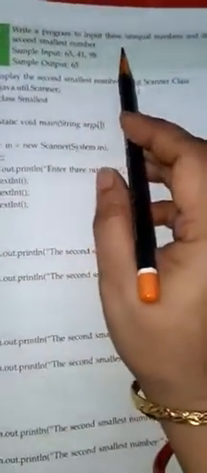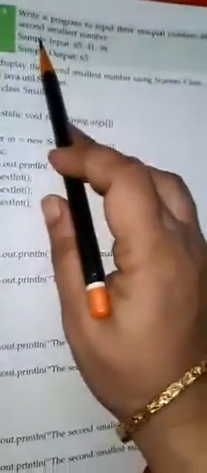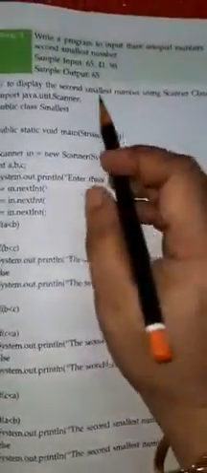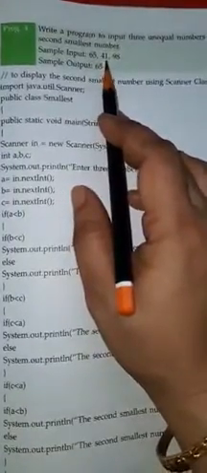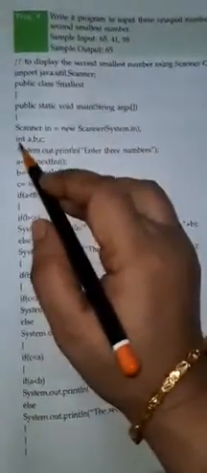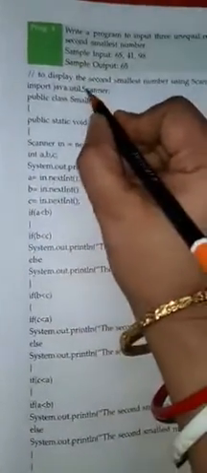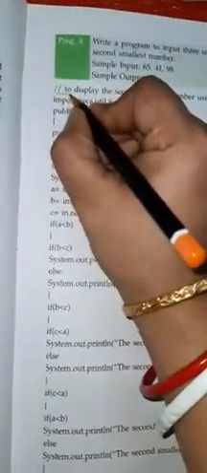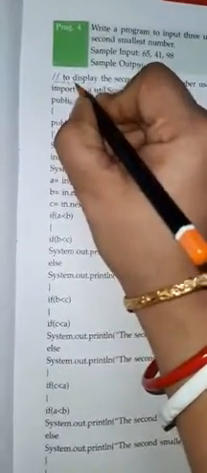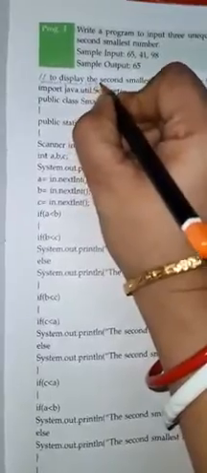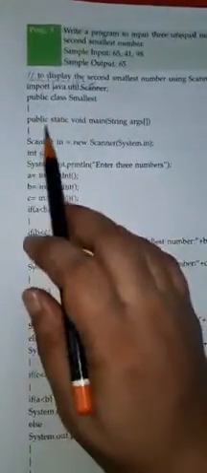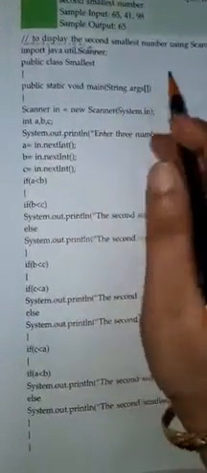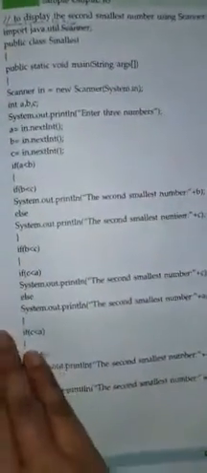So here we are entering three unequal numbers and will display the second smallest number. Like you have input 65, 41 and 98 and the output is 65. Let's see. It is done with Scanner. Instead of Scanner you can use asterisk also, so that whatever the classes are there, each and every class can be used, and before it you can write import java.io.*. So if the IO class is also present, that will also get executed. Then the class name is there. Then the main, public static void main, String args, in Scanner no use of throws IOException.